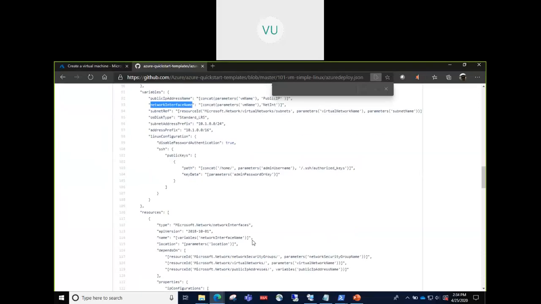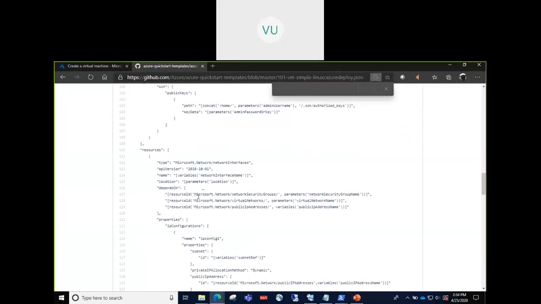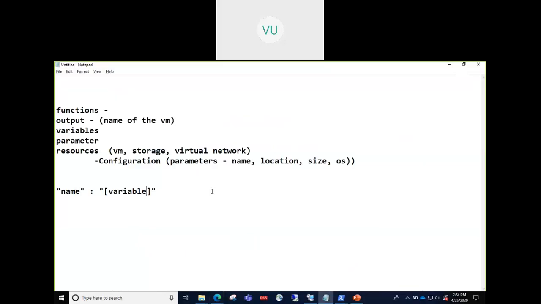Yes, it is variables, and then in the brackets you provide the name of it, just like calling a function. Consider this as a function which is available in ARM templates, and this function allows you to use the variables.